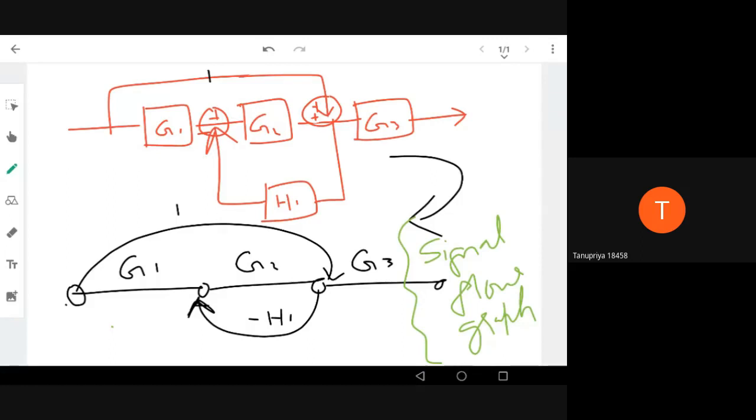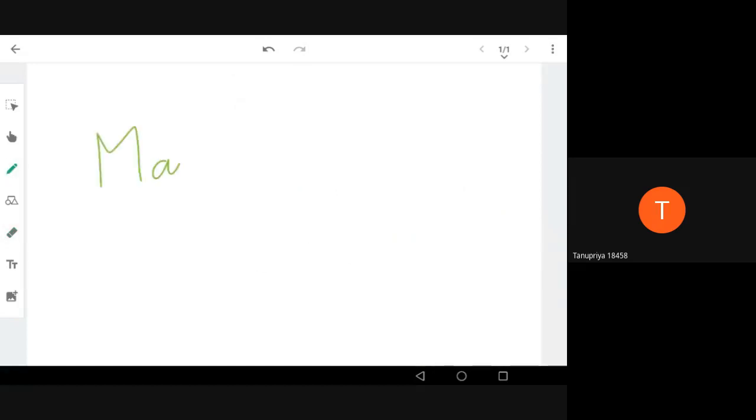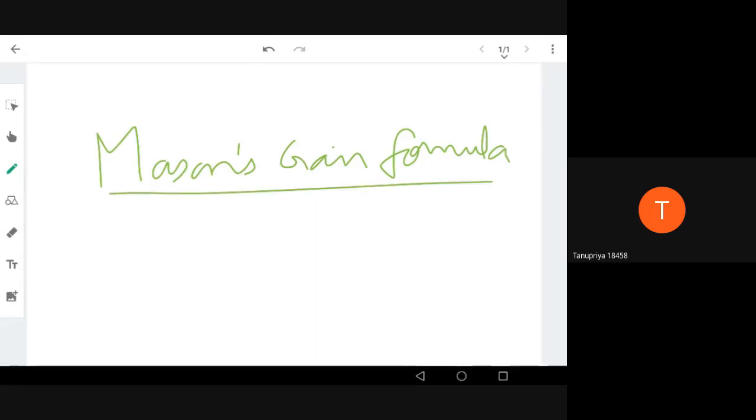Basically there is one equation which he has given. It's called Mason's gain formula. So what is this Mason's gain formula? Instead of human judgment, human analysis, human intuitive method, or the human way of solving a problem, let's have a standard formula. So once you convert into a signal flow graph, you need to apply this formula only.